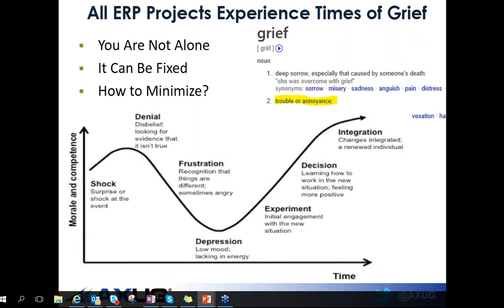And then down the bottom of that curve is probably right around your, I almost said some words I shouldn't say, but the oh no moments where the upgrade or the install is about to happen and everyone's freaking out. And then, you get through it, you work through it. And I will say there are times where in that bottom depression area, there are people that check out as well. So that's an important area. So if you're getting ready to go live, if you're getting ready to go through an upgrade and you're struggling, that's a really important area to make sure you have that buy-in and you have that motivation in place